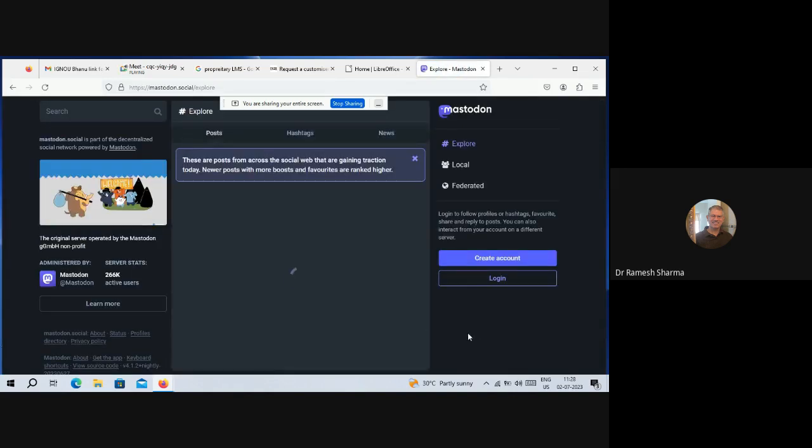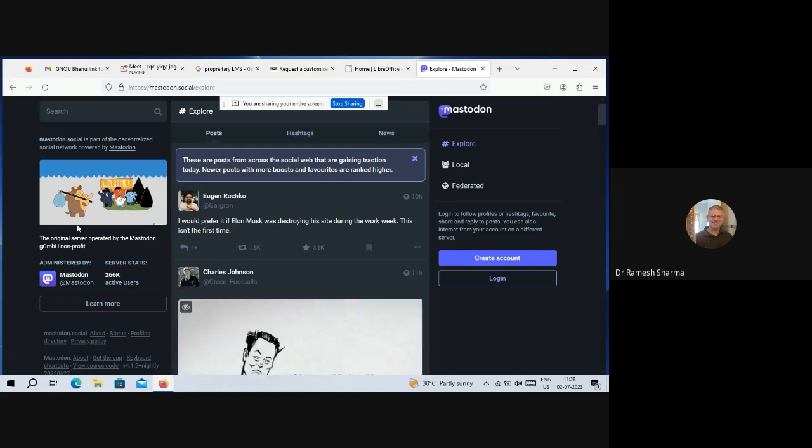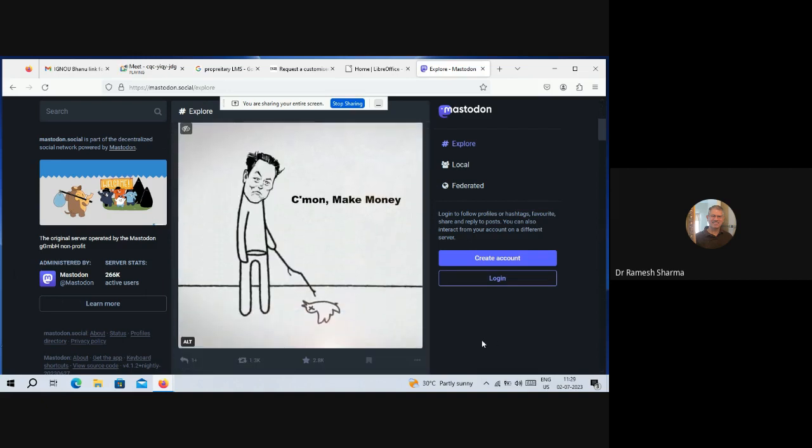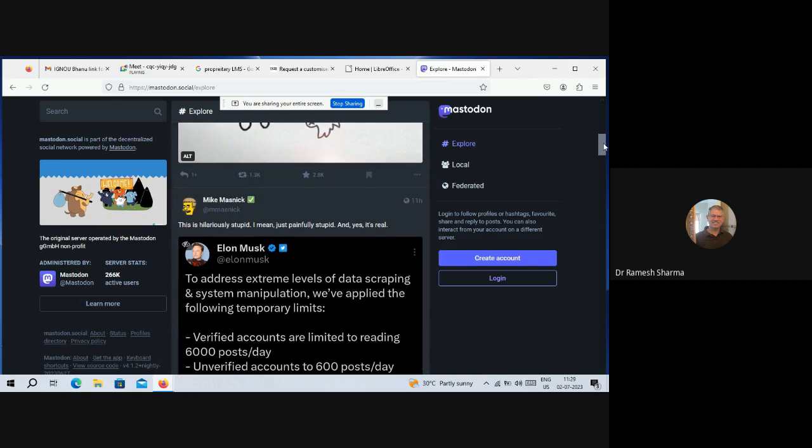You just saw it was written there that it is an open source tool, and you can see here the present server statistics. Oh, okay, I think somebody is targeting Elon Musk. Yeah, someone is making money. People are using it for all kinds of things. So you can create your account on it, and then